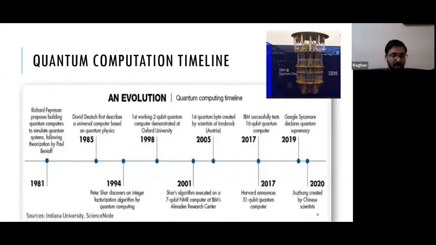mechanics on computers? As you can remember, in the 1980s we didn't have very good computers, or we did not have much computation power. So physicists were still struggling with how they could do lengthy calculations involving quantum mechanics or other areas. So Richard Feynman proposed that the current state of computation is not enough to simulate quantum mechanics. So we need another stuff, or we need another paradigm for that.